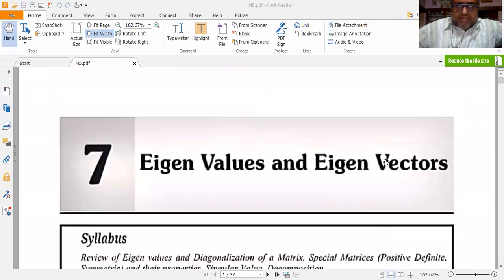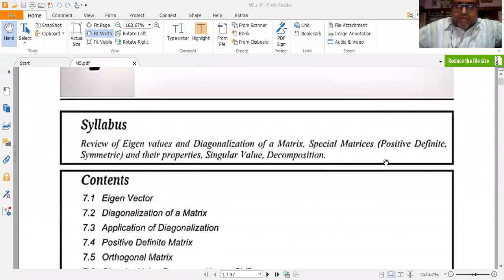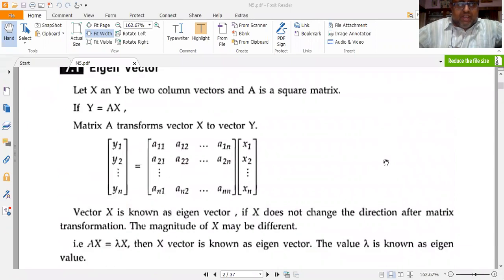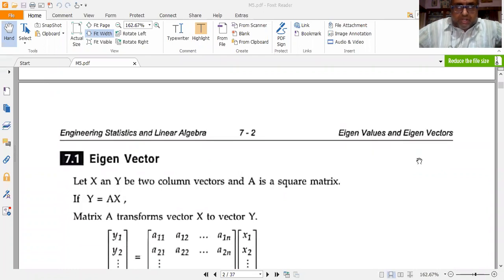Today we shall be starting off with eigenvalues and eigenvectors, and I shall be posting the videos corresponding to this particular concept. So how do we define an eigenvalue and eigenvector? I know that you would have supposedly studied these in your engineering mathematics, but it's a separate part in our ESLA chapter also, so that's why we need to study this. Questions based on this would be asked in our examinations and also in internals.